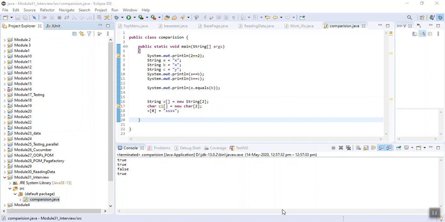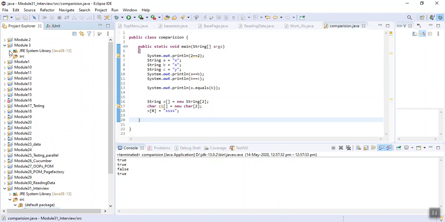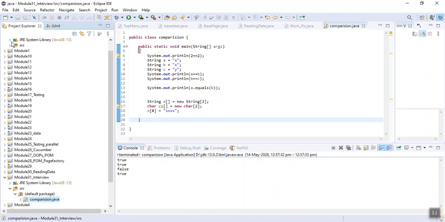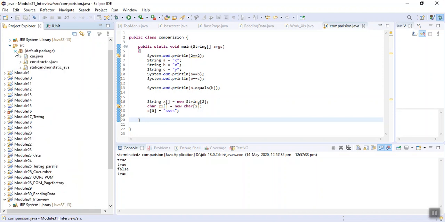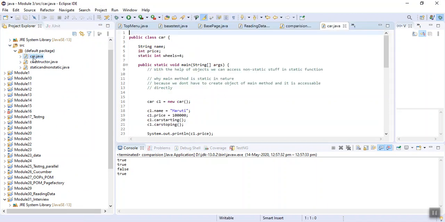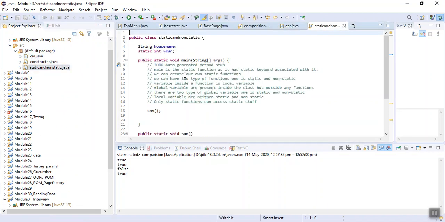Remember, static is not a part of any object. If we have 5 objects, it will be common for all those objects. In module 3C, I have explained static and non-static.